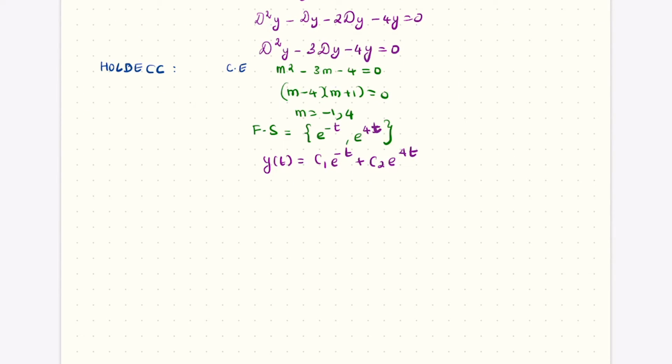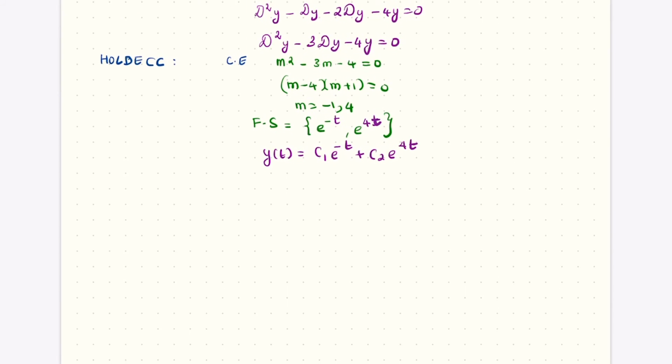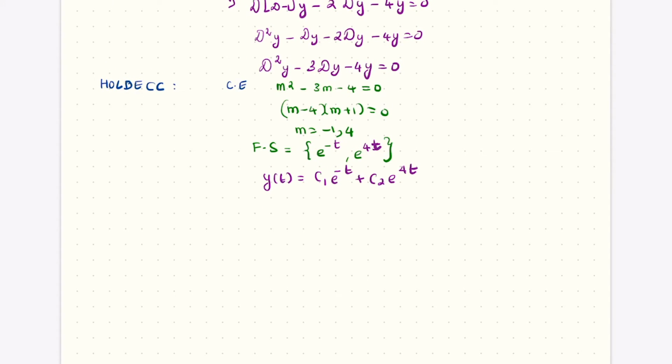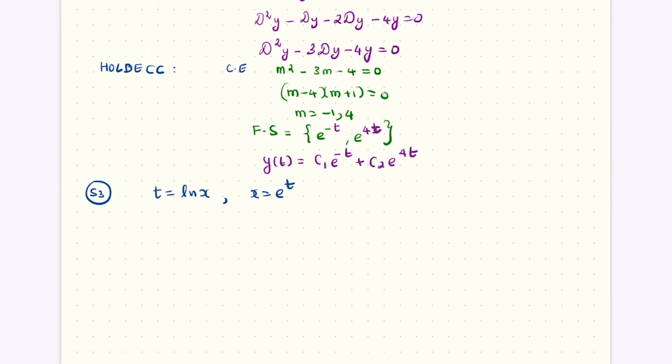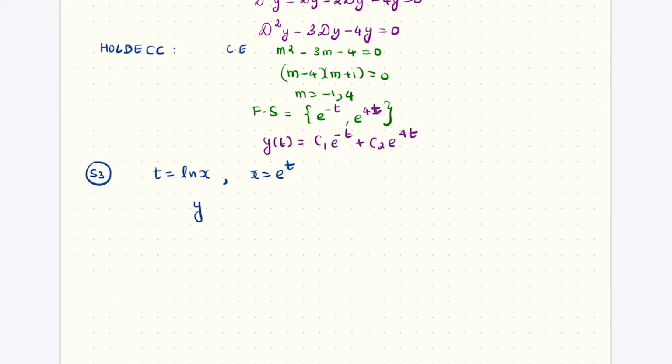What we are going to have is, now this is our next step, right? Step 3. Let me go back to the blue again. The step 3. Now here I'm going to use t is equal to ln of x, or you can say x is equal to e to the t. Either way is okay. Then if you do that, then this is going to be y as a function of